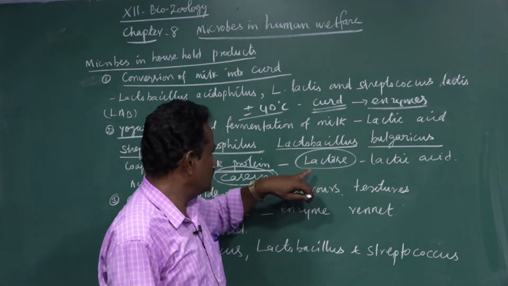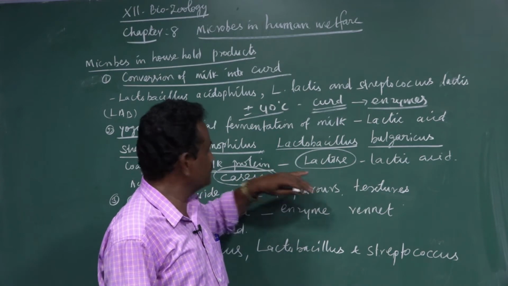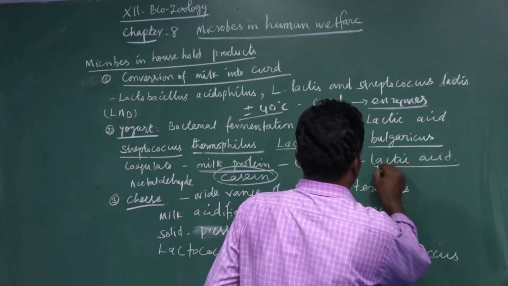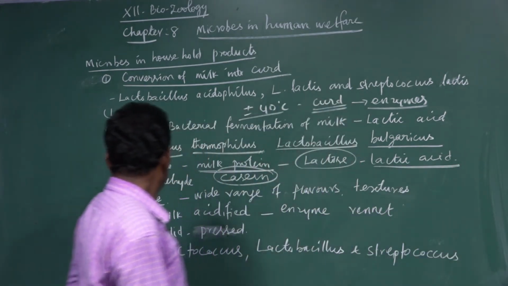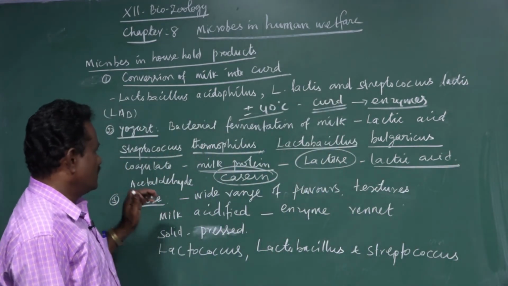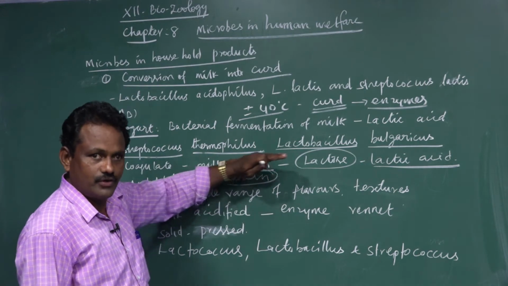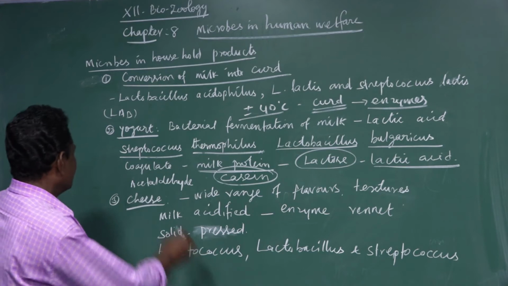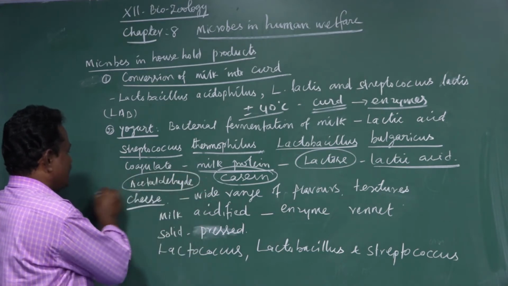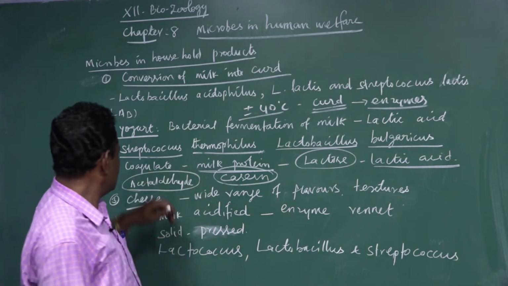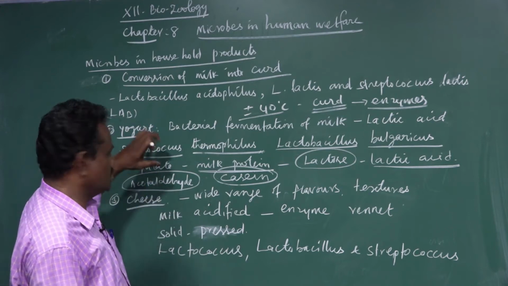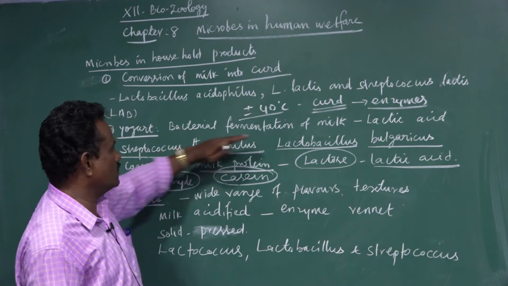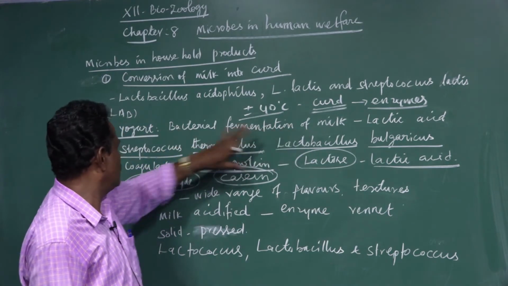Lactose is a sugar, a disaccharide present in milk, that is converted into lactic acid. So actually the taste and flavor of the yogurt is due to the release of acetaldehyde substances. This is nothing but curd, and these two microorganisms play a major role in the formation of